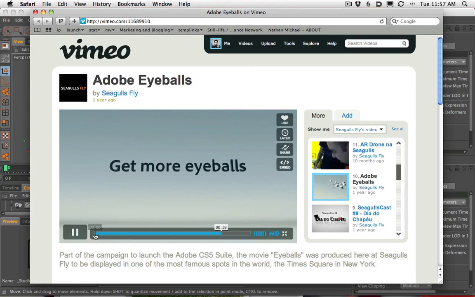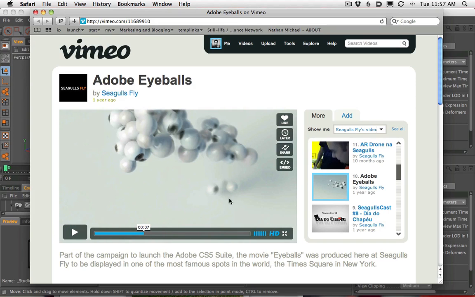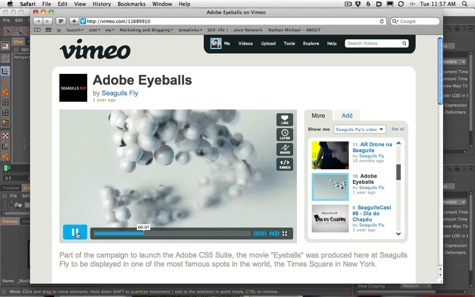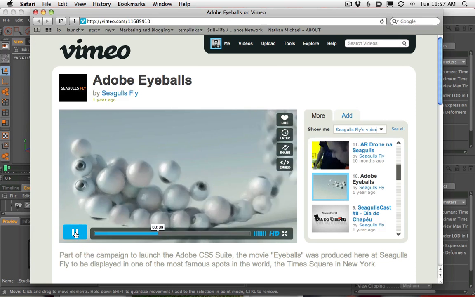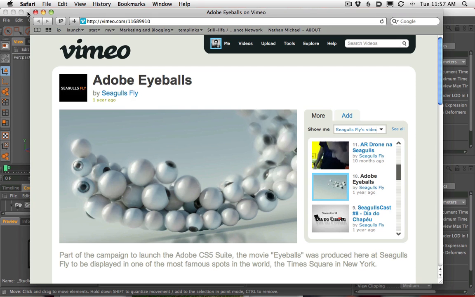And I thought that was a pretty fun way to kind of play around a little bit with physics and also some texturing. So we're going to texture this eyeball in Cinema as well. And as always, we're going to try to match the lighting and make the lighting as close as we can as well. So hopefully it'll be a fun one. I think it will. Let's head on into Cinema and start making this thing.